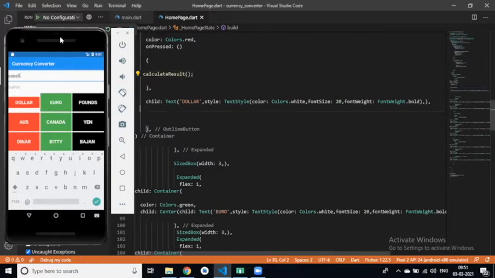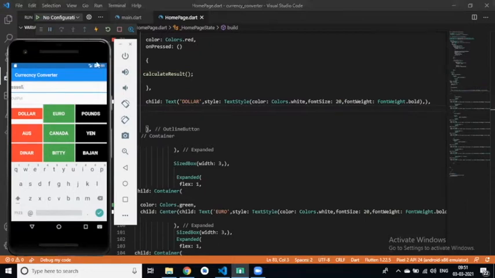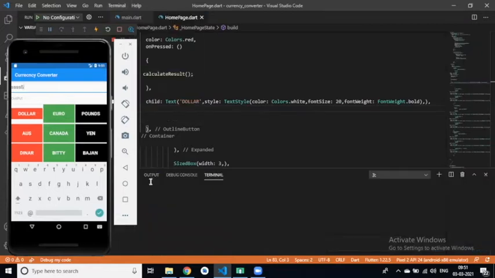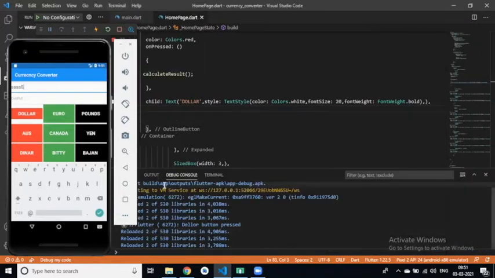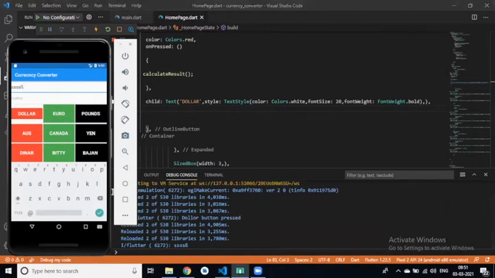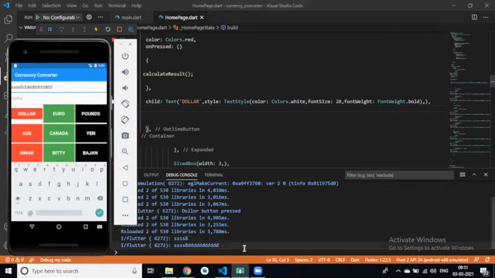If I hot reload this, and in the debug console, if I click on dollar, what will be the output now? You can see that triple S. Yes. If I enter DDD and click on dollar, we can see that text, right? Understand how this thing works?